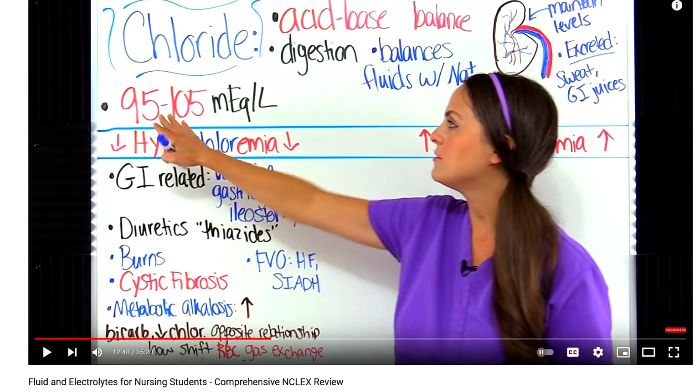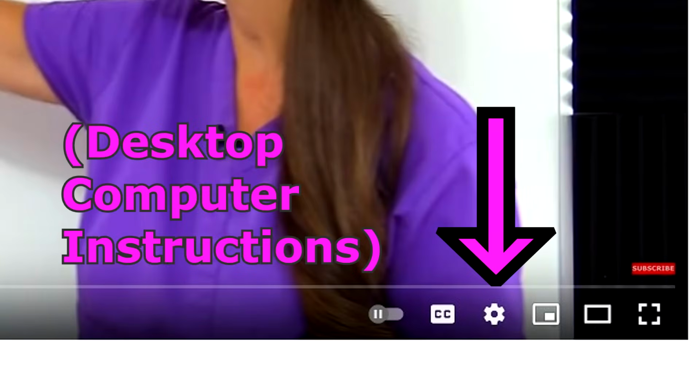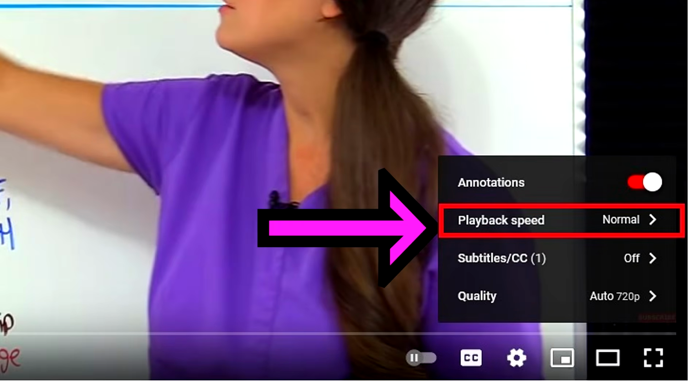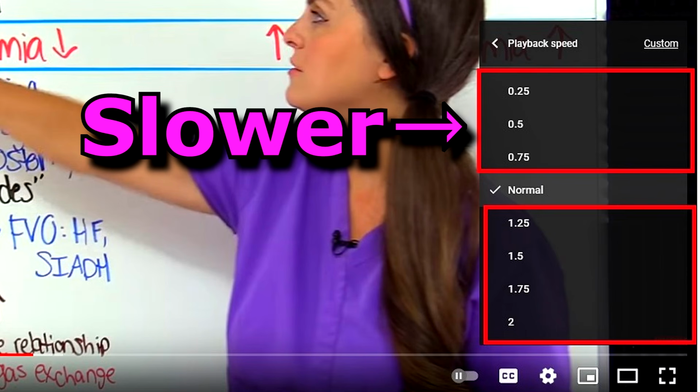YouTube actually has a built-in tool that allows you to alter the speed of the video. All you have to do is click the small gear icon on the lower right corner of the YouTube player. Then click Playback Speed, and the YouTube player has different speed settings so you can slow it down, which will